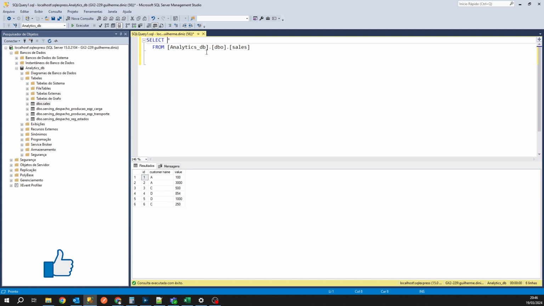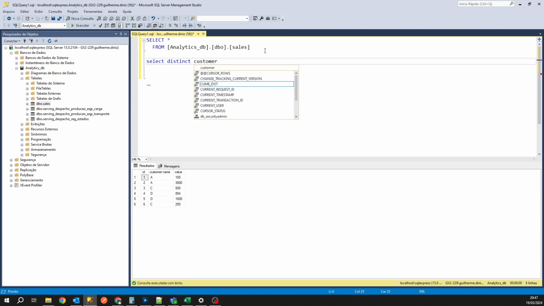For example, I can use SELECT DISTINCT just with the name of your column, FROM